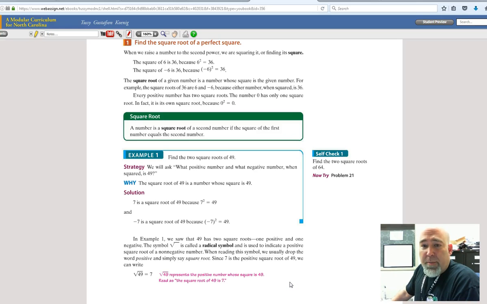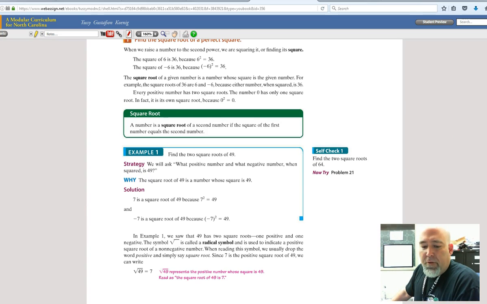All right, so in section 10, we're dealing with square roots. So they've defined square root here. They also talk about the radical symbol, probably in your definitions for that section. And so I want to look at a few problems